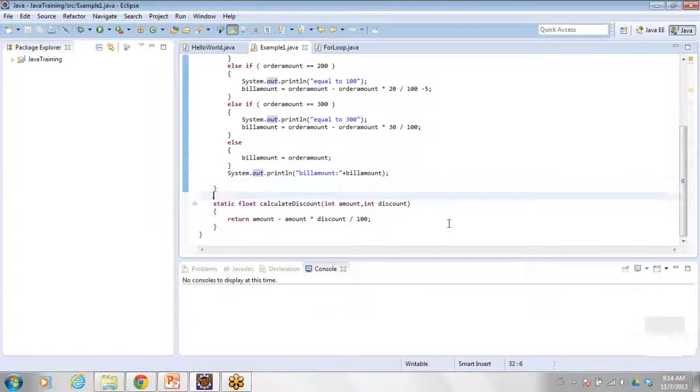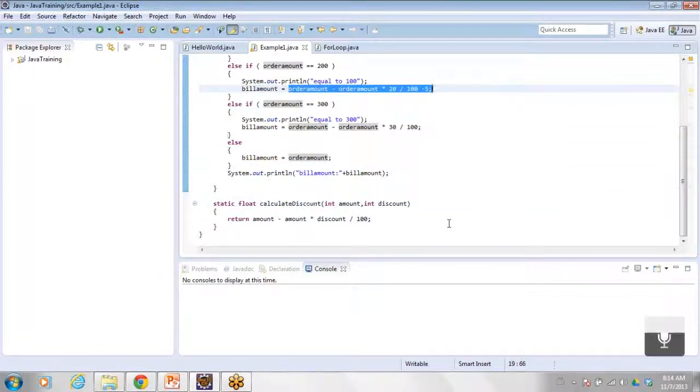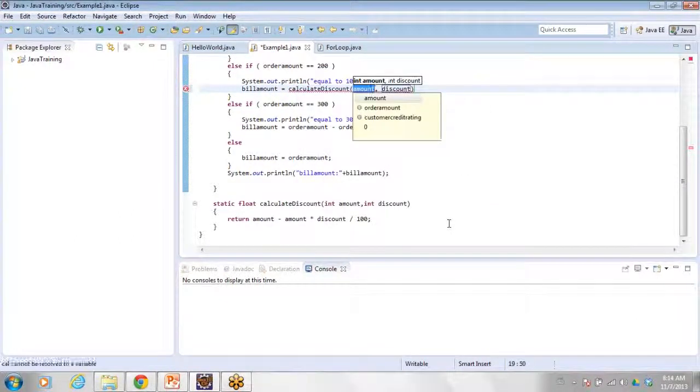So now how can I call this function? So wherever we are using the calculation for discount, there we can call this function calculate discount. So the amount is total amount and the discount is 10% that we want to give here.